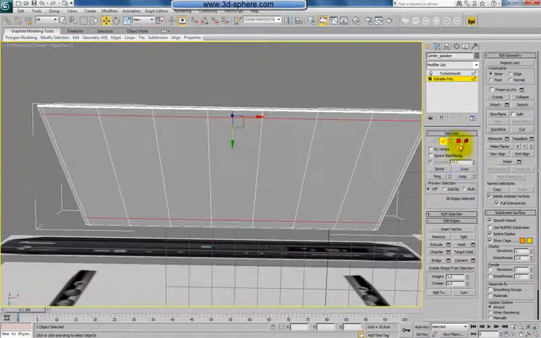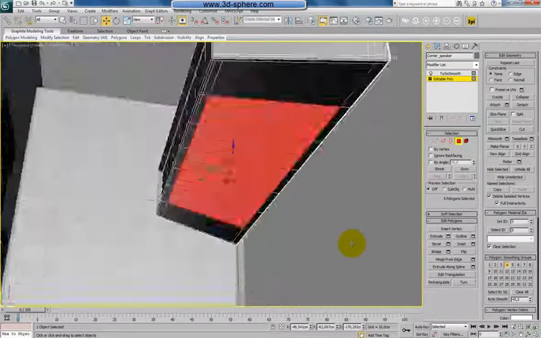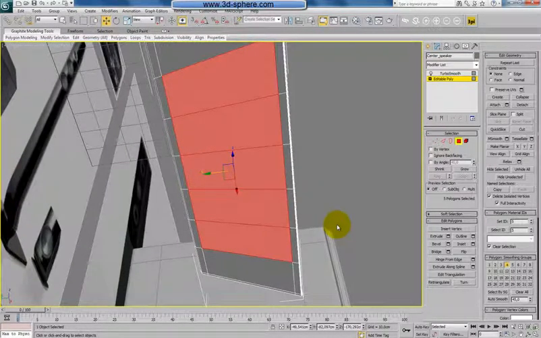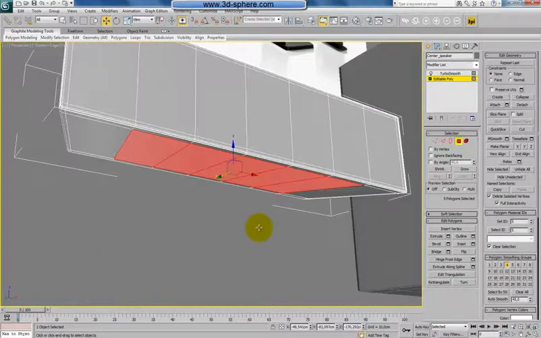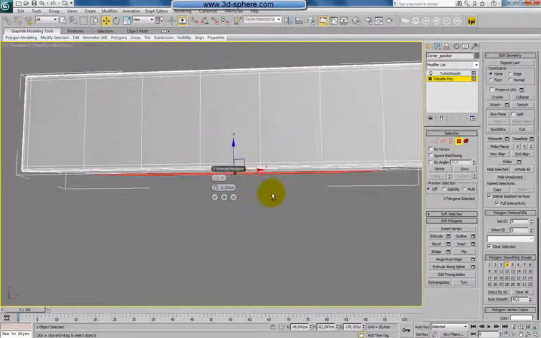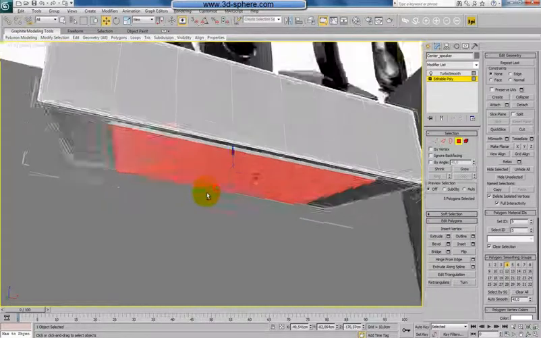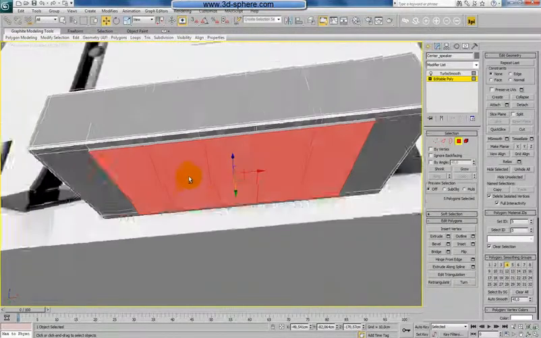Okay, so what I need is this part. This will be the stand for this. So let's hit extrude, local normal should be working here, and make it of course bigger. Like this it should be fine. Oh, 28. Okay. Now